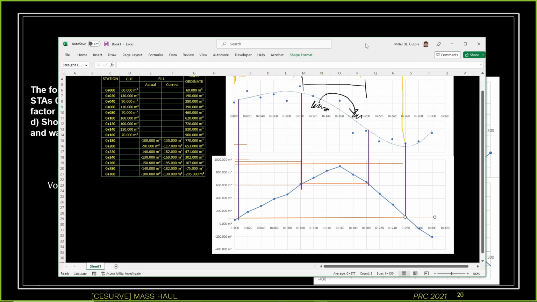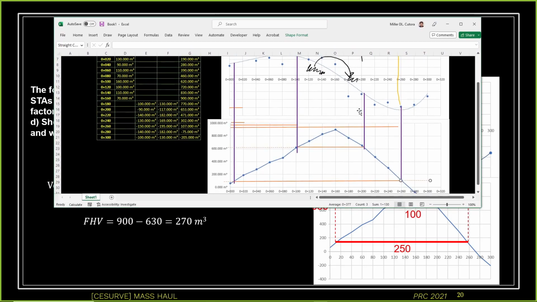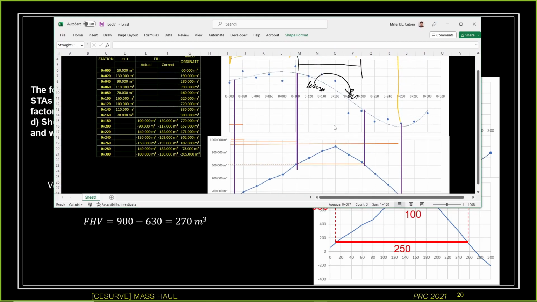So, for the free haul, kasi ito yung volumes natin. Ito yung hinahanapan natin ng volume, volume ng free haul diagram, which is basically ito. Okay, so 900, ito yung peak na yan, 900 minus 630. So, ang volume nito ay 270 cubic meter. Okay, so ganun lang. Next,